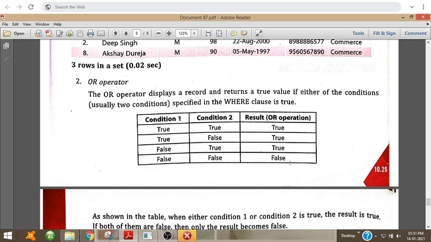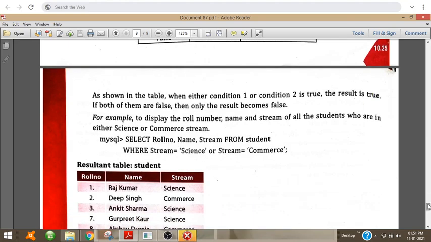Suppose I ask you to call Anu or Meena, then what happens? You can either call Anu or you can call Meena. It is not needed that both of them should be called. If you see Anu, you can tell her that ma'am is calling you. Or if you see Meena, you can say ma'am is calling you. It is not necessary to find both of them. In case of the OR operator, if any of the two conditions is true, then the output will be true.